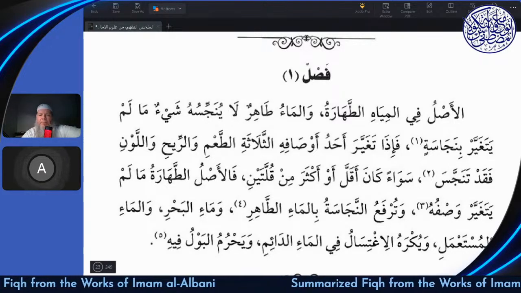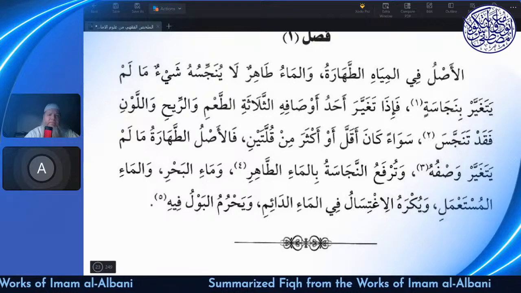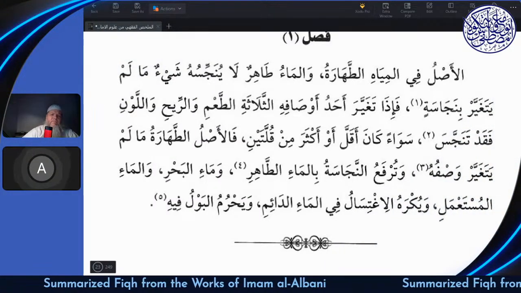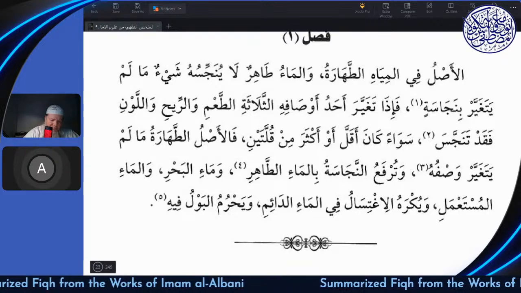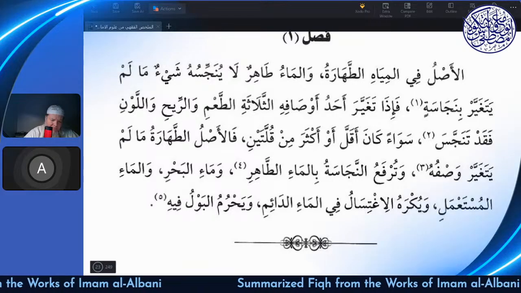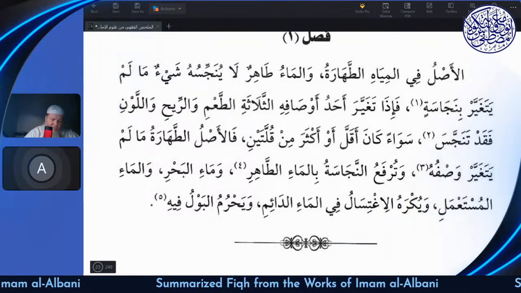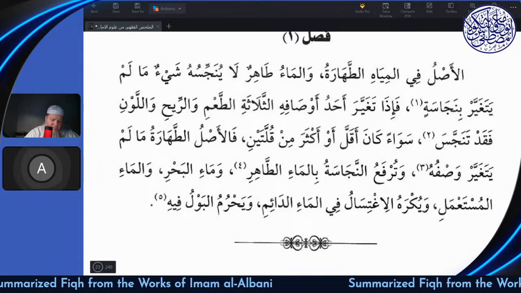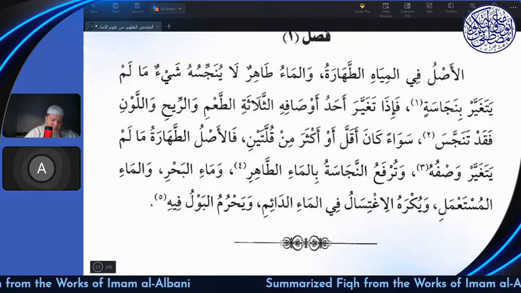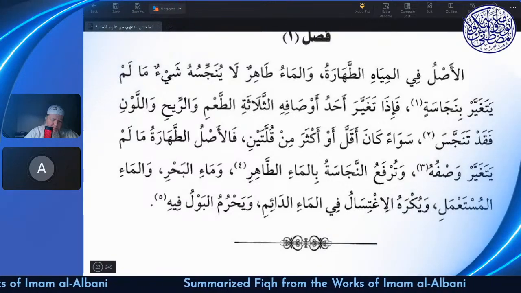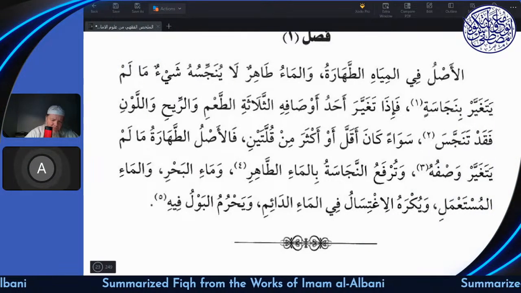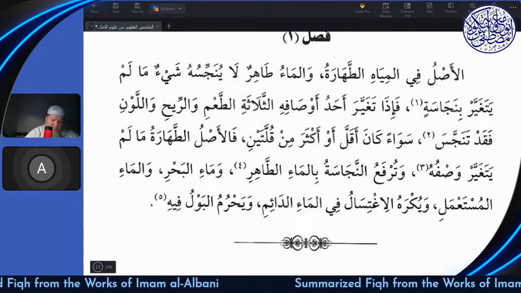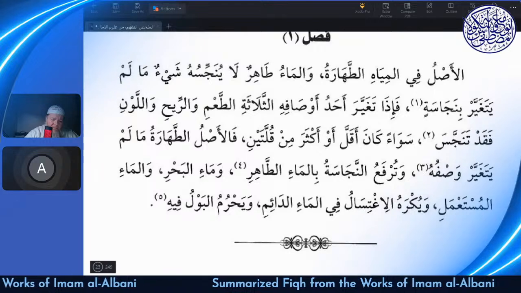فإذا تغير أحد أوصافه الثلاثة الطعم والريح واللون فقد تنجس. So if one of the three characteristics changes, the taste, the smell, or the color, then it has indeed become impure. سواء كان أقل أو أكثر من قلتين, regardless of whether it is less than or more than قلتين, which is